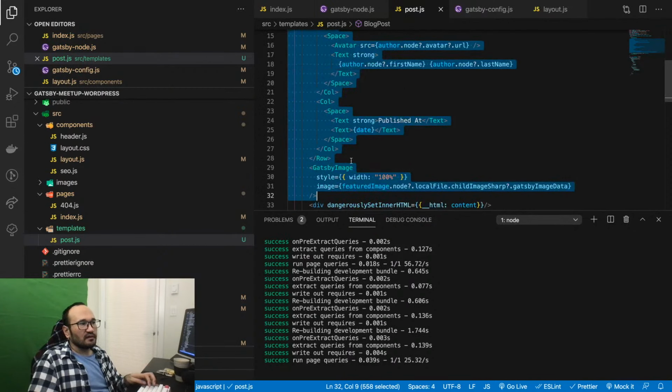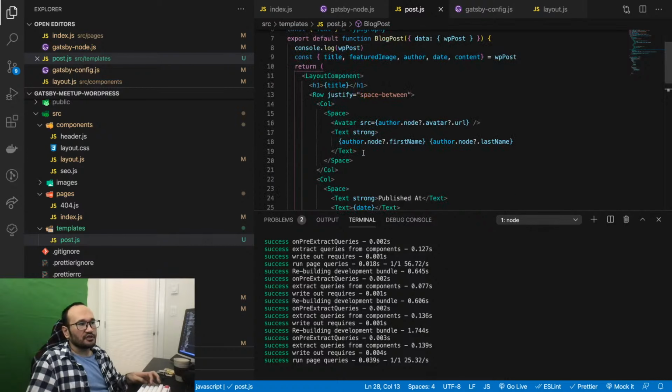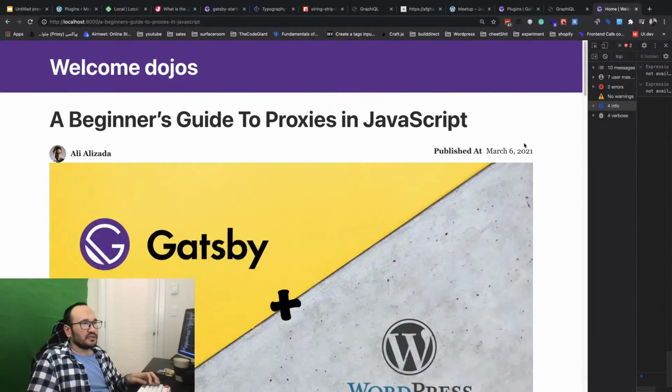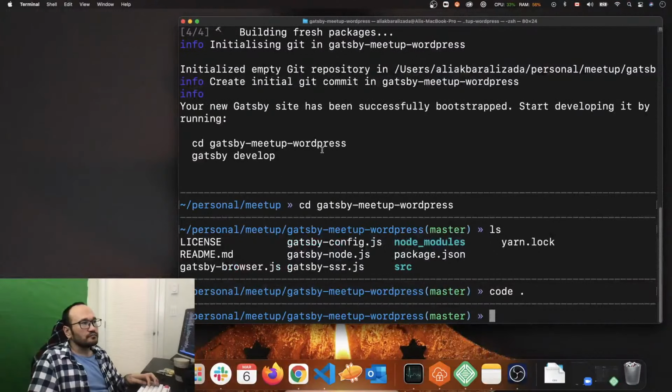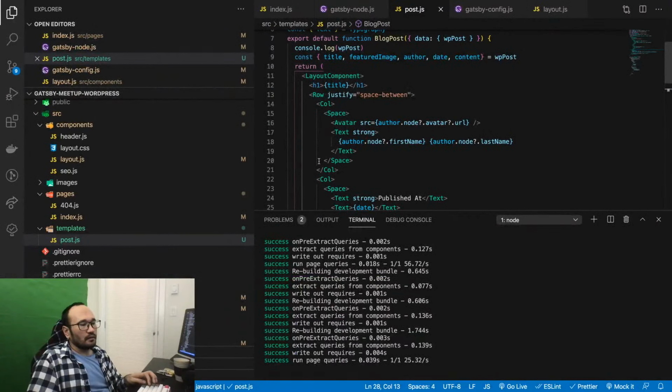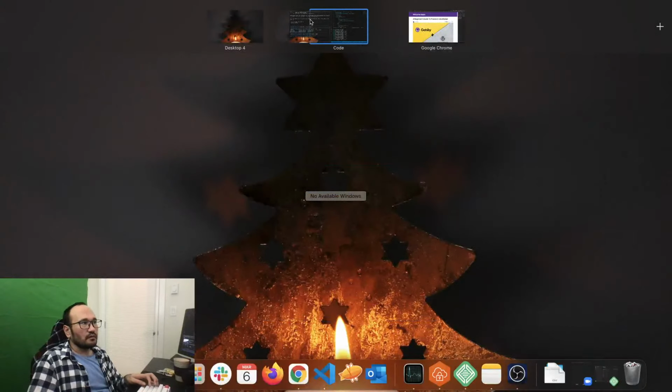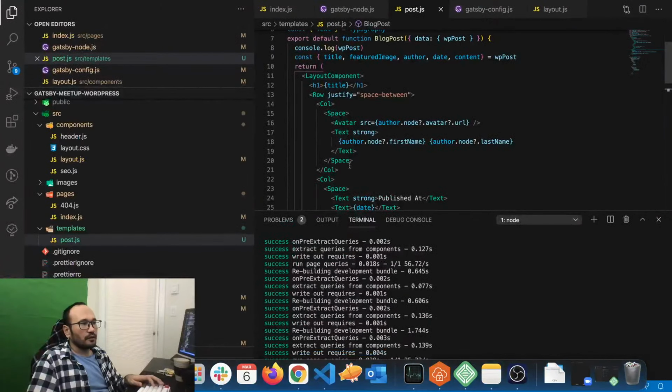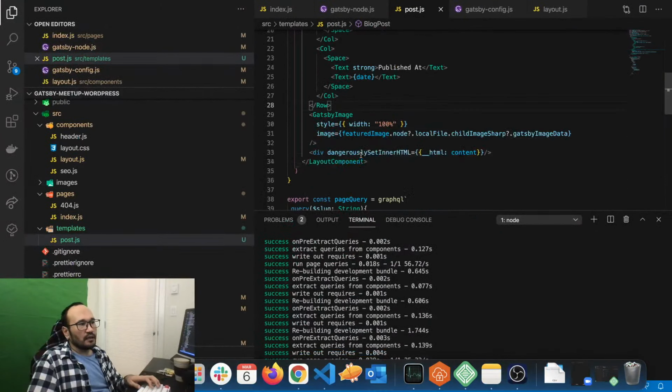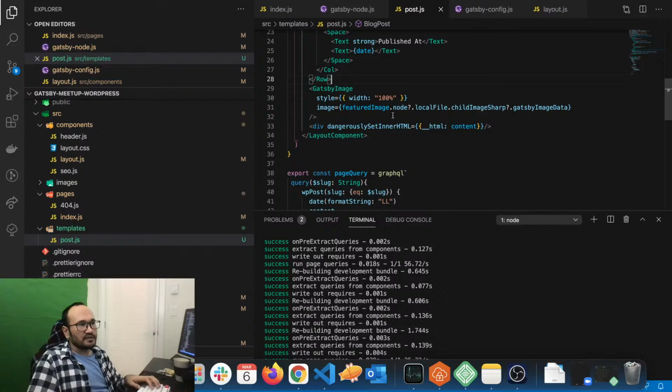This one is a row, which shows this area: the title, avatars, and the publish date of this post. Then we have Gatsby Image, which is that image we got from the query.